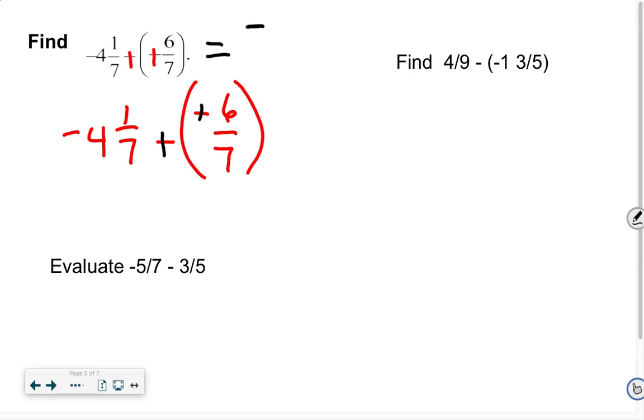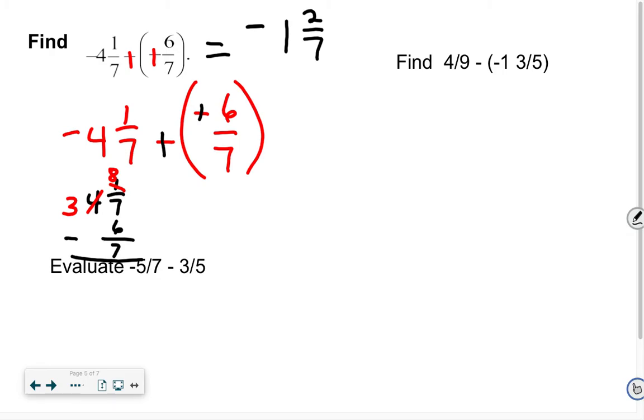And I'm simply going to subtract. So I'm actually saying 4 1/7 minus 6/7. Isn't that really what I'm doing? Can I take 6 away from 1? No, I have to regroup. This becomes 3 and this becomes 8. Do you agree with that? Everybody knows where that comes from. Okay? So 8/7 minus 6/7 gives me 2/7. And 4 minus 3 gives me,